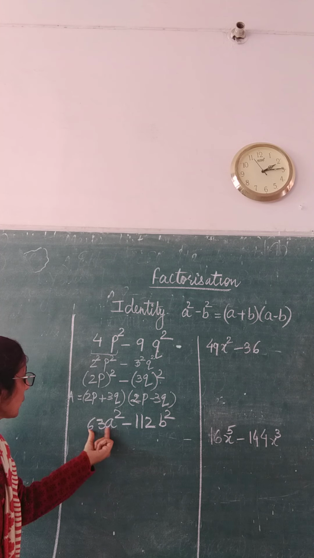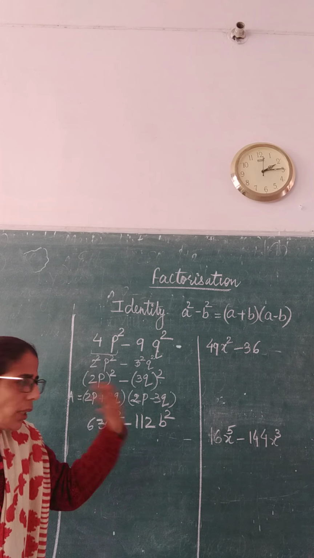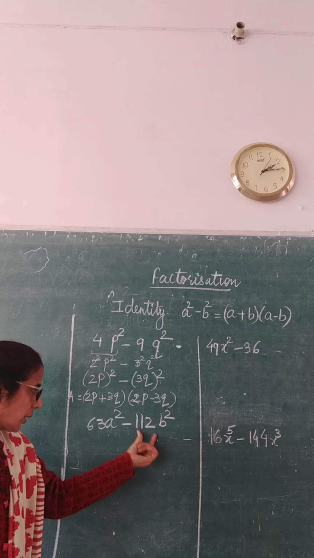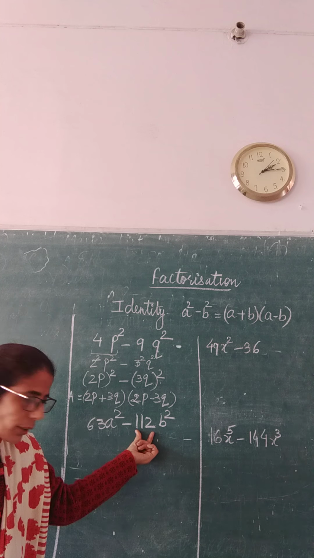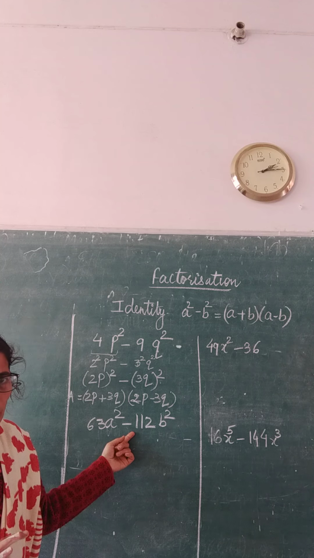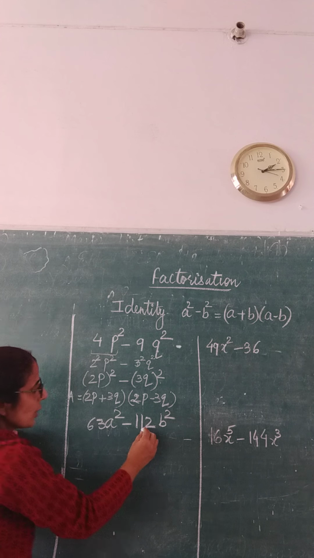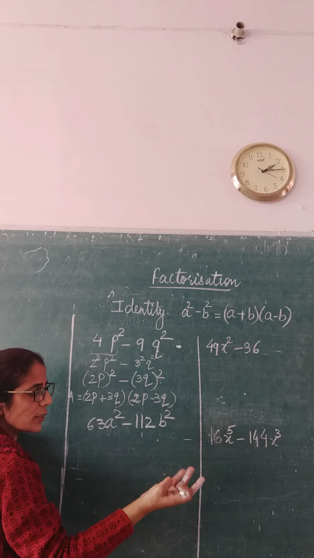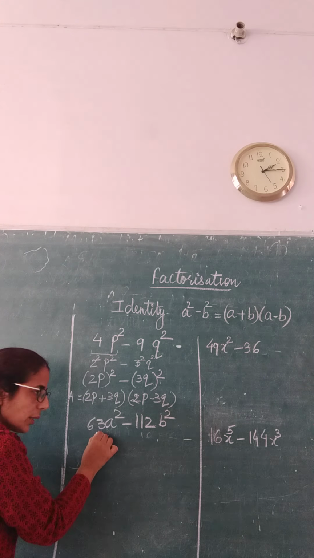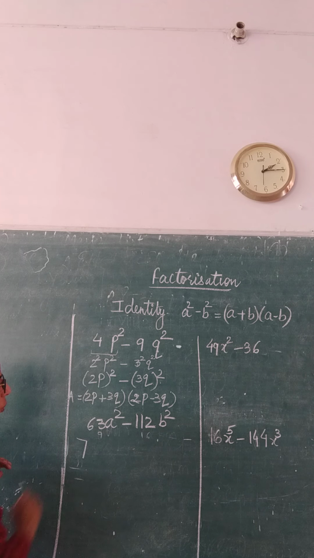Similarly here, but 63 is not the square of any number. So I will have to see what number is common in both. 7 nines are 63. Is this number also having 7 or 9 as common? 2 plus 1 is 4, so it is not in the table of 9. It can be in the table of 7. Let me check: 7 ones are 7, 8, 9, 10, 11, 4 sevens are 42. Yes, this is also coming in the table of 7. So taking 7 as common.